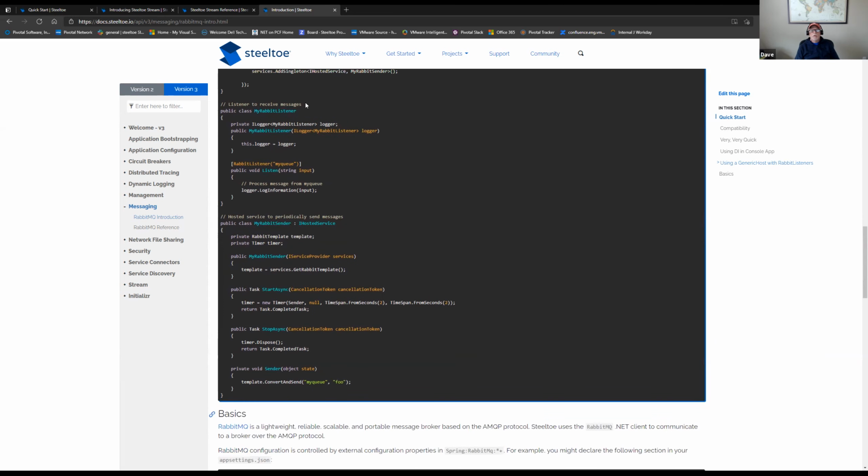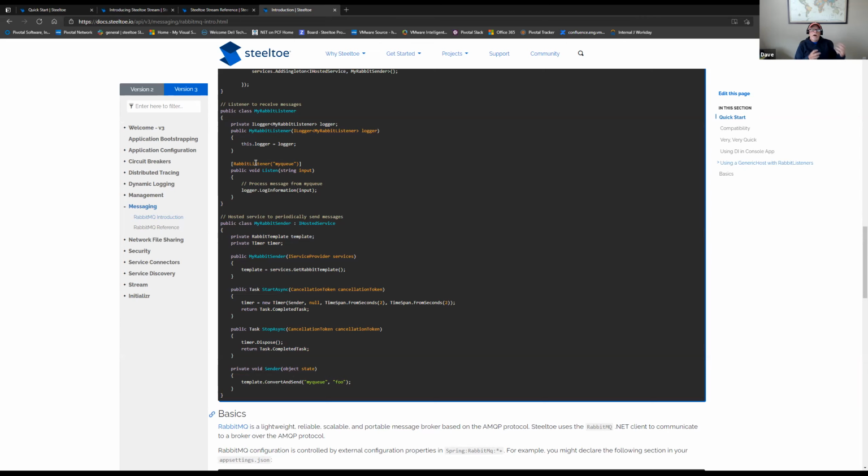And so down here where we define our listener, we just define it as a regular POCO object, and then we add an annotation or an attribute to a method. There are lots of ways in which you can do this, but this is the simplest way. We add this attribute to this method called listen, and the name of the method could be anything. Essentially you're telling the Steeltoe infrastructure that I want the underlying RabbitMQ container that is interacting with the RabbitMQ broker to